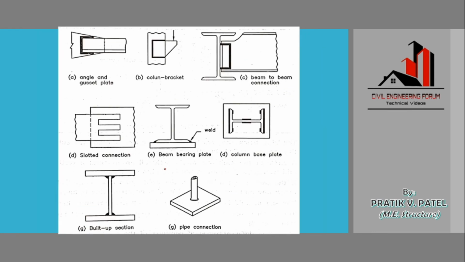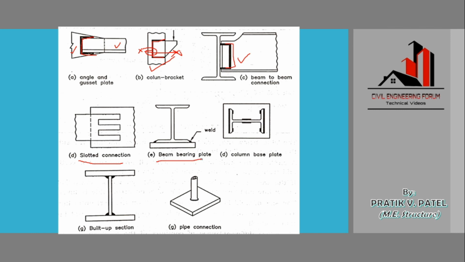So here different applications of the fillet weld have been shown. Here a gusset plate and a tension member or a compression member is shown here, which is connected by fillet weld. This is the side view of the same. Here a column and a bracket is welded with fillet weld. Here a triangular portion, but see here we are viewing this from the top, but if we can view it cross sectionally, suppose here, then we would be able to see the triangular portion from here. Then a beam to beam connection is shown here, where angle is surrounded by a fillet weld, and a slotted connection is shown over here.